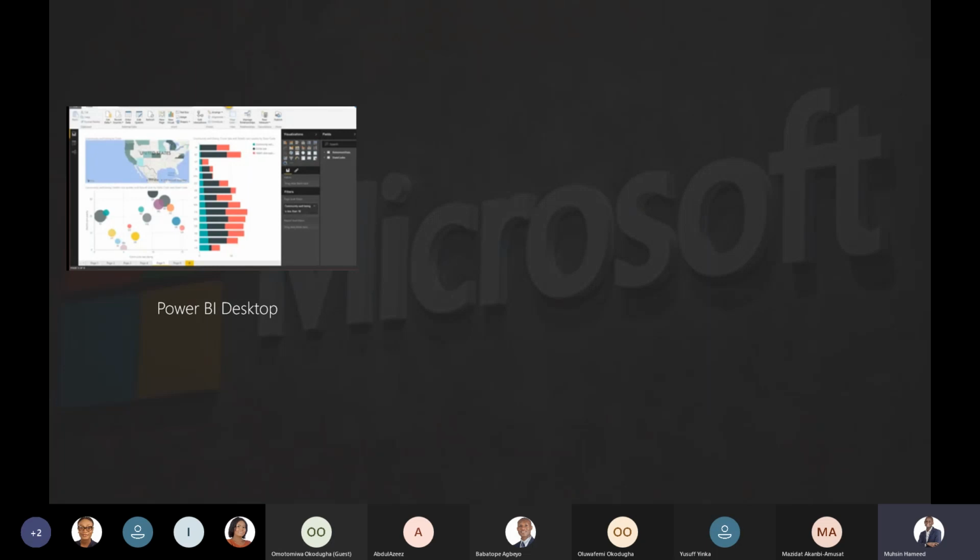Most of the work that you would want to do whenever you are analyzing data on Power BI would be done on Power BI Desktop, and that is what you have installed. To put it straight, Power BI Desktop is free for use. You don't have to get any license to use it, but some other products in the Power BI ecosystem would require some licenses. So that's Power BI Desktop. It sits on your system, and that's where you analyze your data primarily.